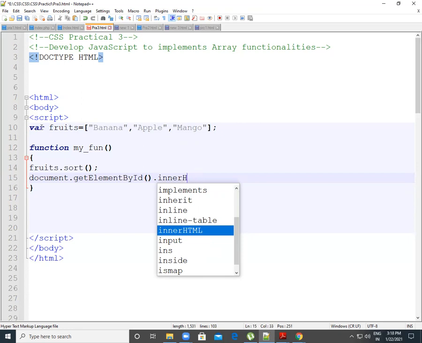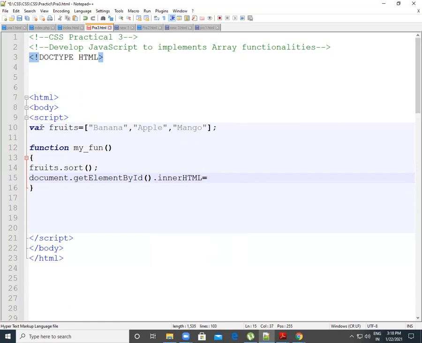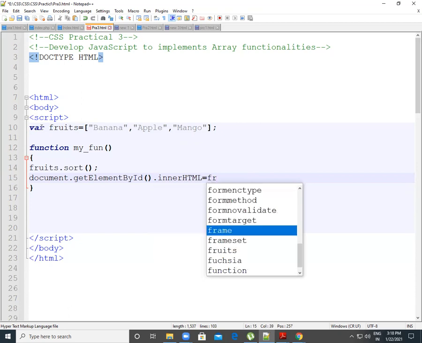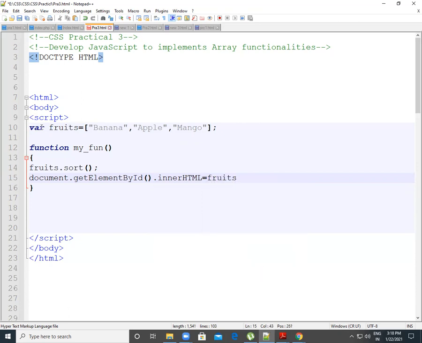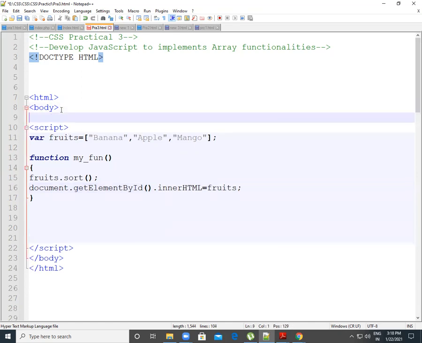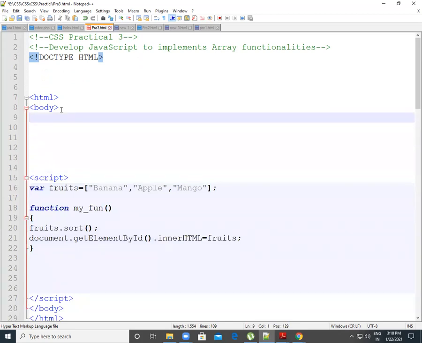Okay, in our HTML I already explained this tag, why we use it. Fruits. Okay, let's complete this one. Now our script tag is completed, correct? But we want to get that sorted thing, correct? For that we use this sort function. For the sorting method, we apply one button here, or first of all we write some statement for that.